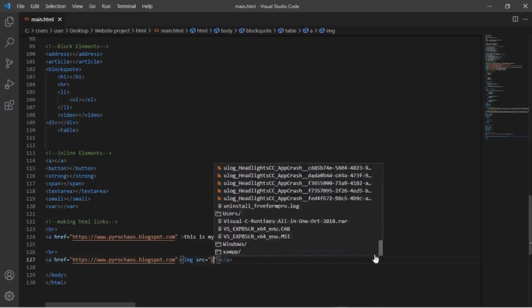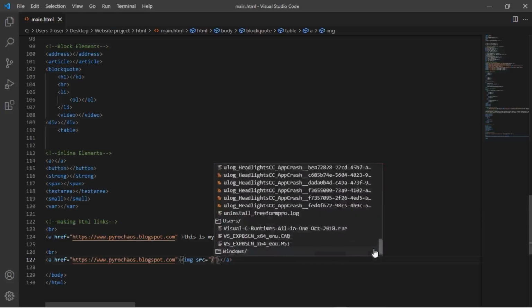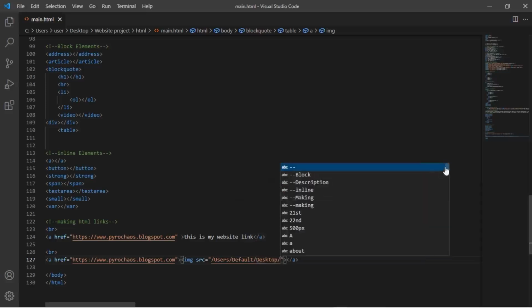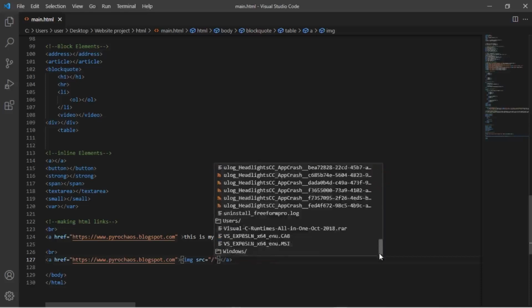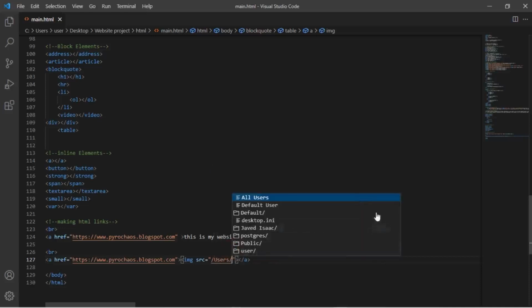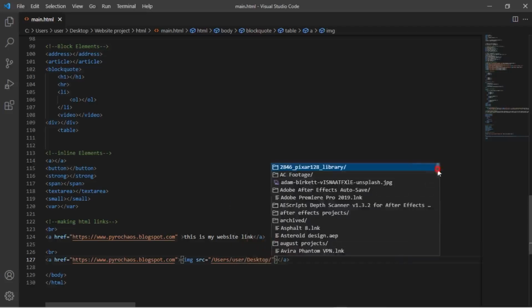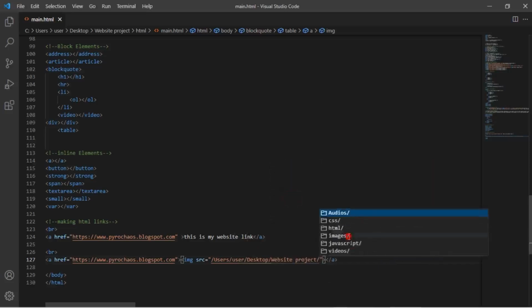So I think I was using an image earlier, so we're going to go back to where, don't forget where you put the image. Users, desktop, sorry, I think I got some things wrong. Users, okay, users incoming, just a few minutes. Users, user, desktop, and if we scroll down to this part, you can see website project, images,